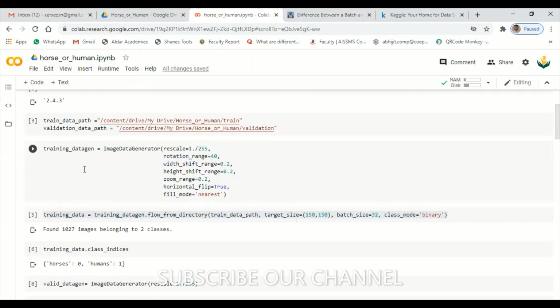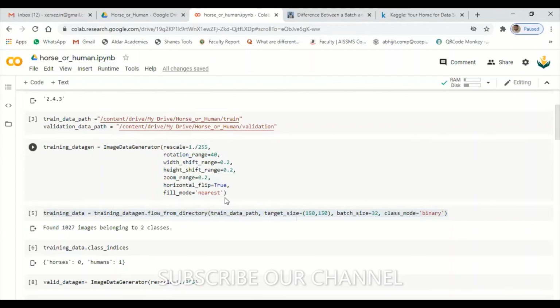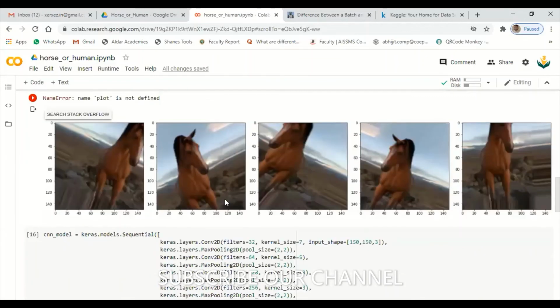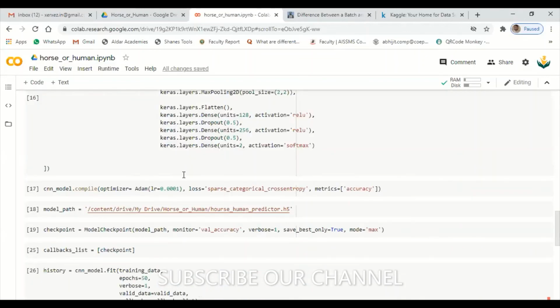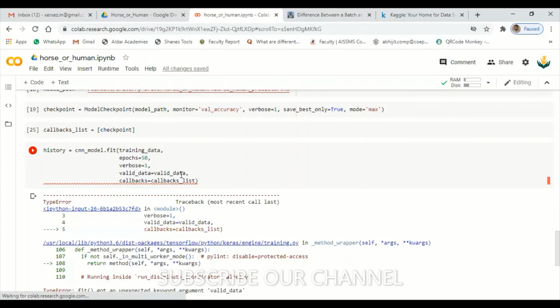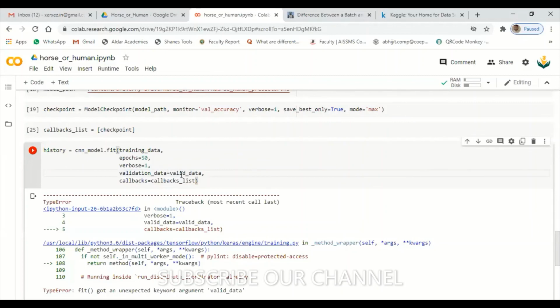Here, validation data path. I think this one should be validation data path.